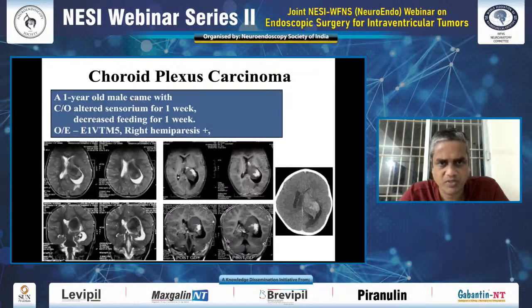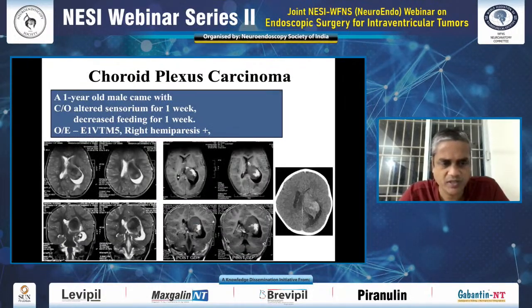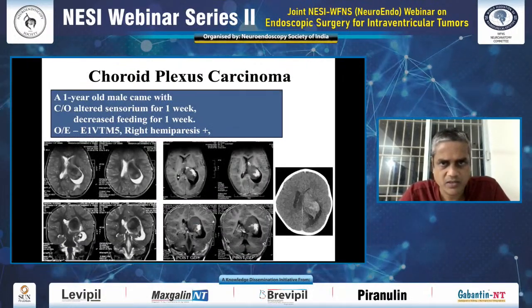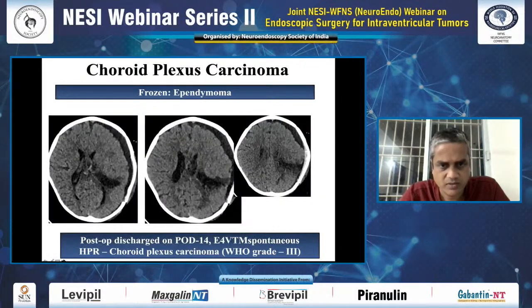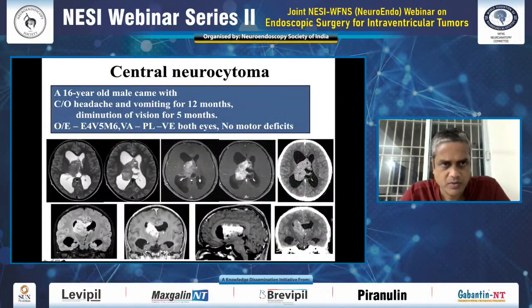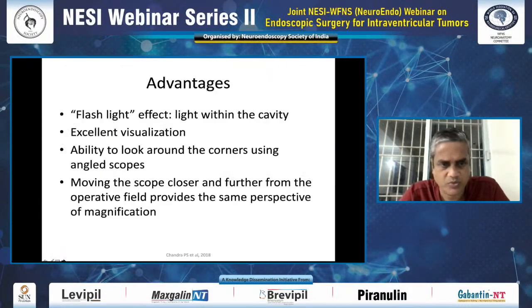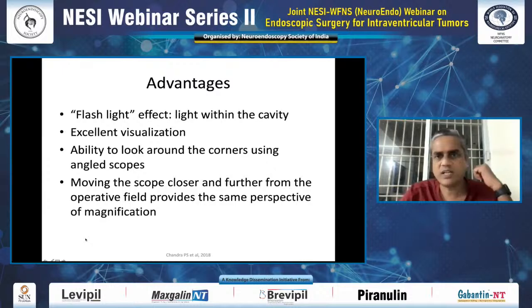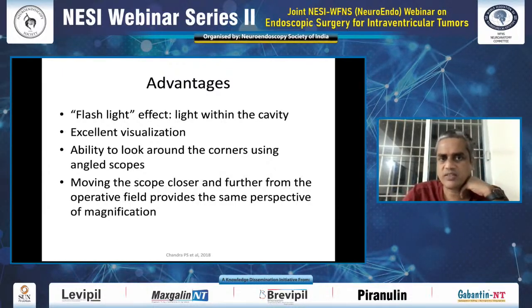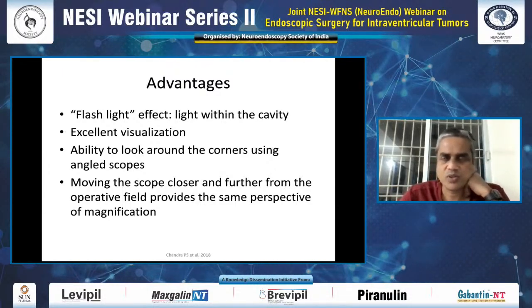That's a post-op developed cyst. We had to do a shunt there. That's again a large choroid plexus carcinoma. It's a post-op. It's a central neurocytoma, again operated interhemispheric. That's a post-op scan. So the advantage of this technique, obviously what I said, is interhemispheric, use a mini craniotomy,